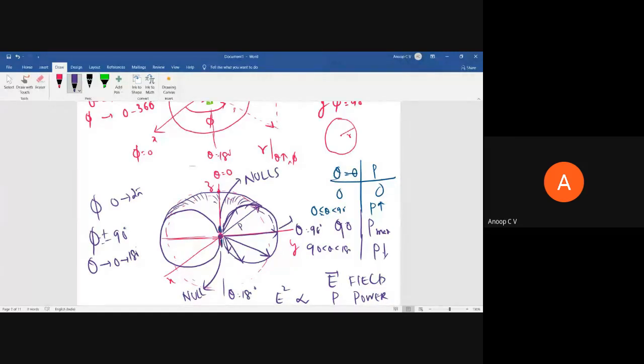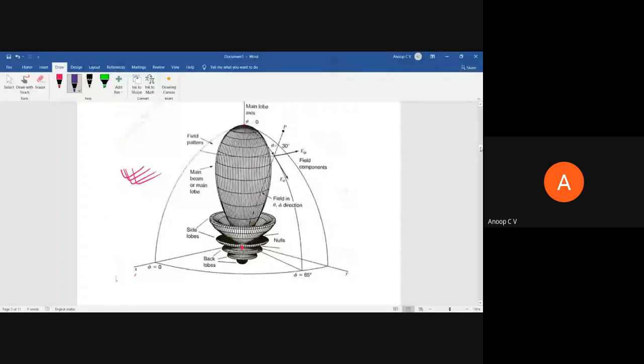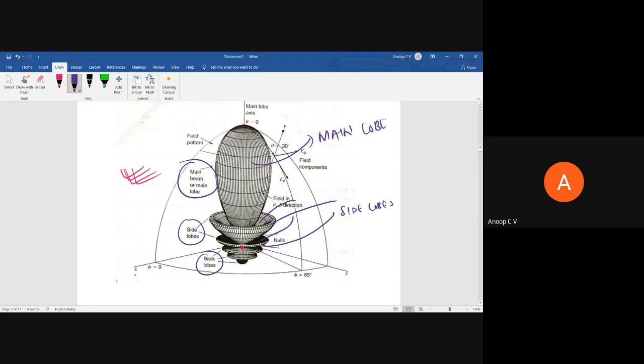But for some antennas, there will be side lobes. One main lobe will be there, the direction of maximum radiation, and there will be side lobes. That's what is shown here. So this is a typical radiation pattern. This particular thing is called the main lobe, the direction of maximum radiation. You can see many nulls here, which means no radiation. These are side lobes, and the lobes directed to the back we call back lobes, and others are side lobes. This main beam, we call the main beam. So this is a particular field pattern.